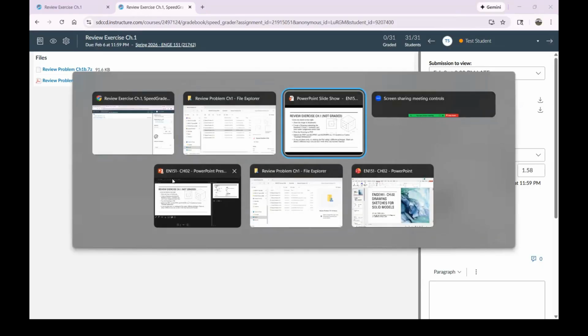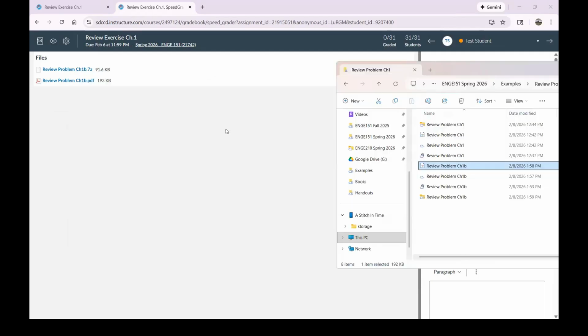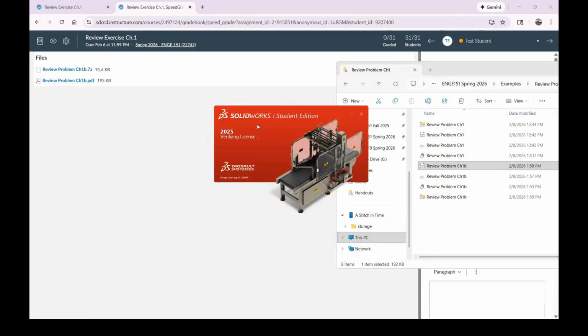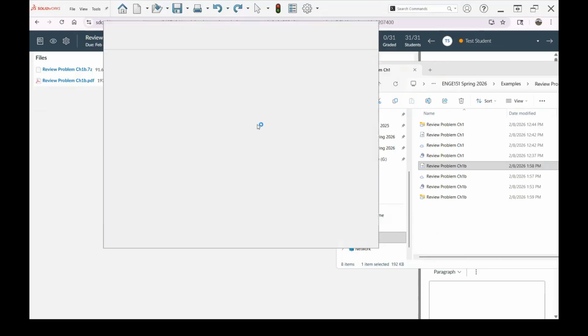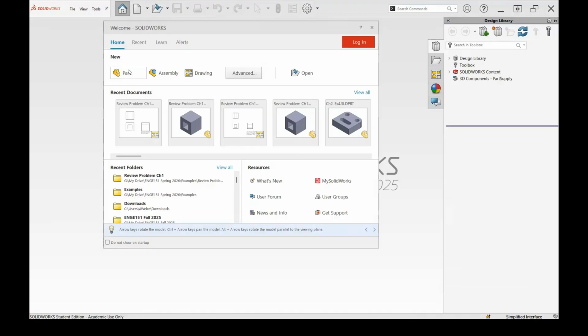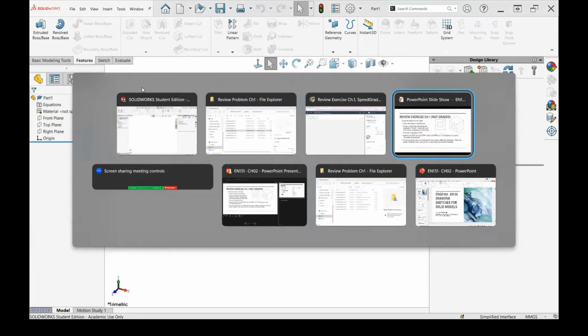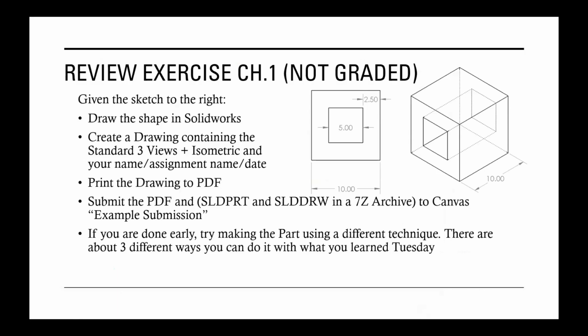So with our extra time, what we're going to do is go back to SolidWorks and discuss different ways that we can look at making this part, because that's frequently illuminating as far as different ways to go about this. So one thing that we can look at when we look at the original problem statement, this is a cube. All four sides are the same. The inner part is also a square before it's projected.